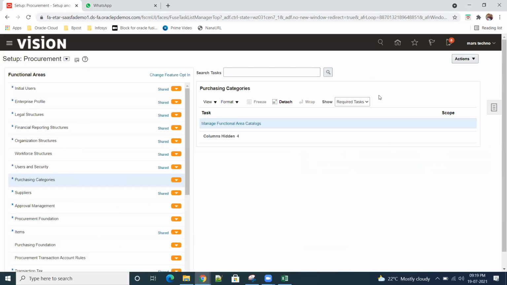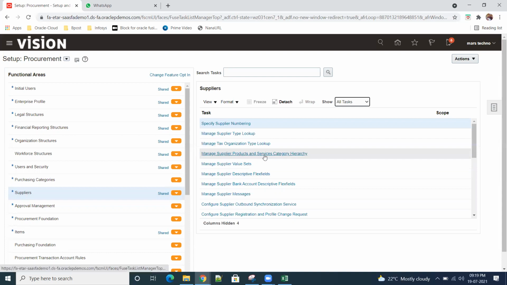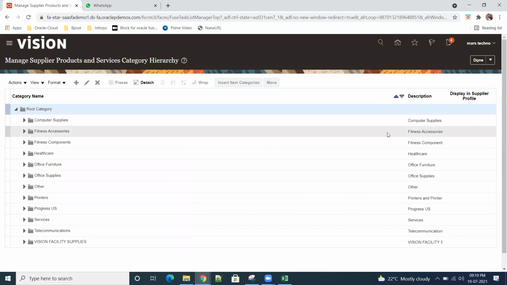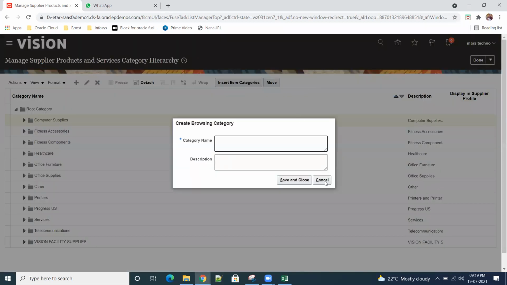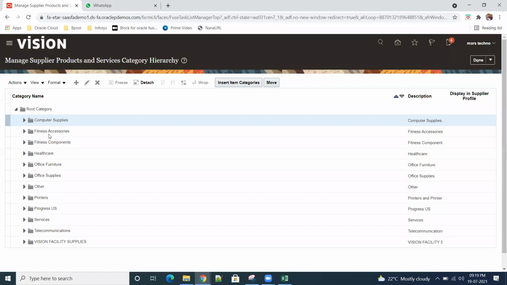Click on done. Now go to suppliers, all tasks, supplier products and service category. Click on plus, insert item category.